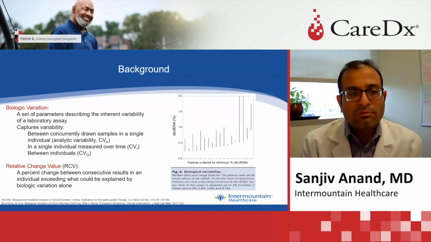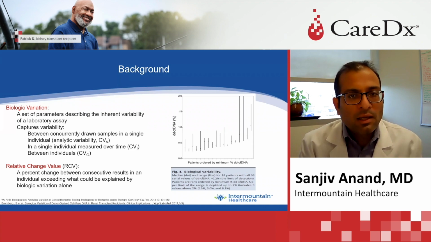Meaningful interpretation of repeat measures of donor-derived cell-free DNA at this time requires factors that determine biological variability, its time variance post-transplant, and its relationship to donor and recipient characteristics. So in this study, what we were interested to see was whether the donor and recipient characteristics and the time variance of donor-derived cell-free DNA post-transplant, and also factors attributed to surgical issues like cold ischemia time or kidney length, did in fact impact donor-derived cell-free DNA.